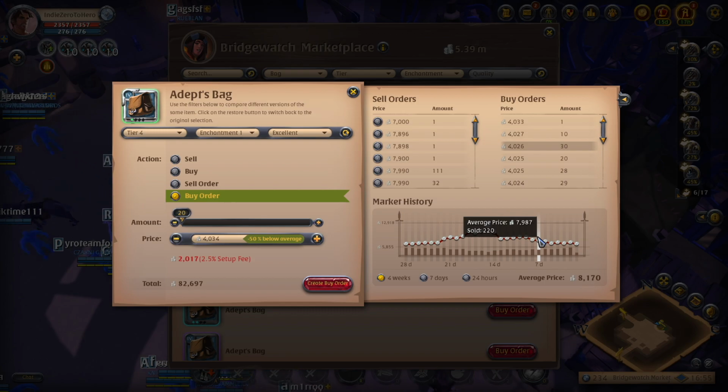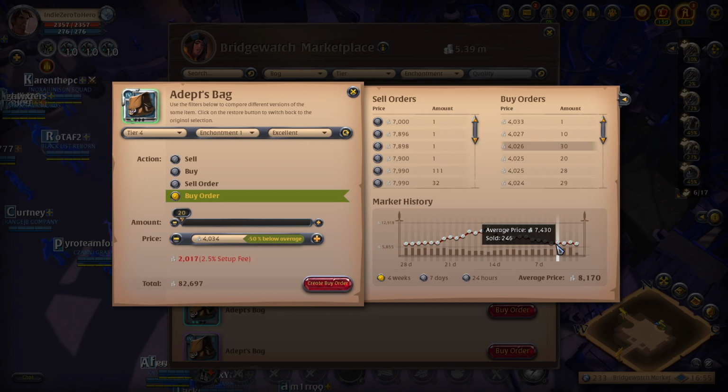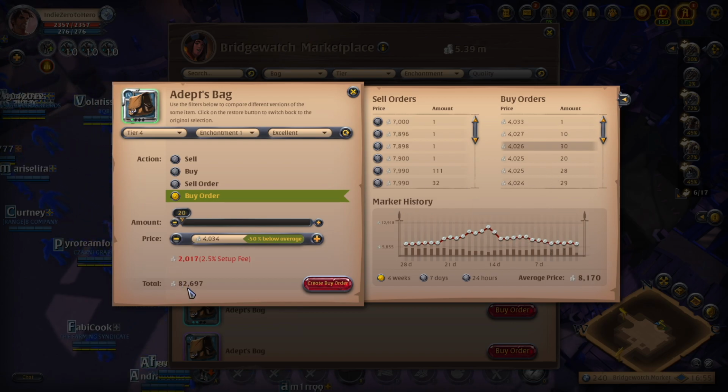And if I go by the 5% rule, you're looking at maybe 10 you'll get per day, which doesn't seem like a lot, but if you multiply 10 by the whatever 3,000 of profit you'll get, then you'll get 30,000 for only 82,000 of silver that you're putting in, and the fee is not even much because you're not putting up